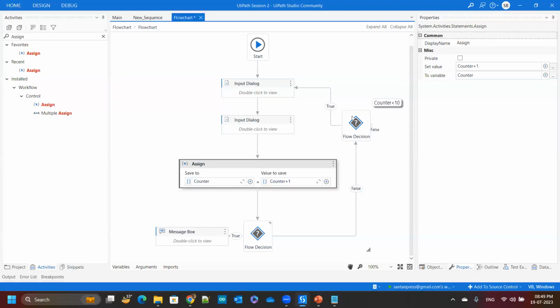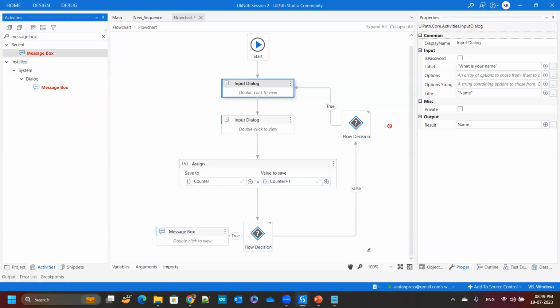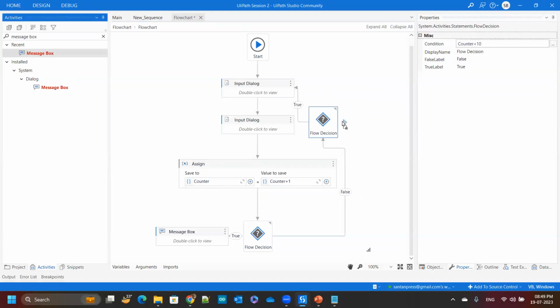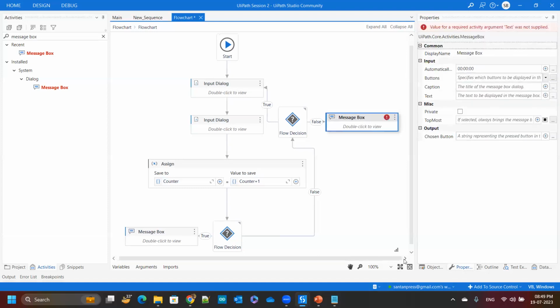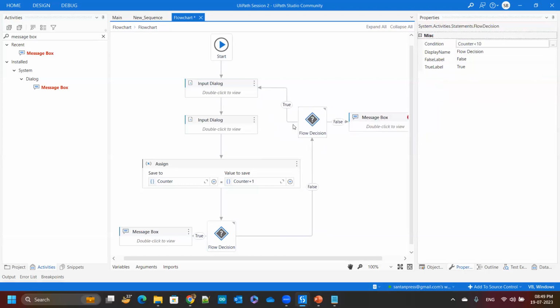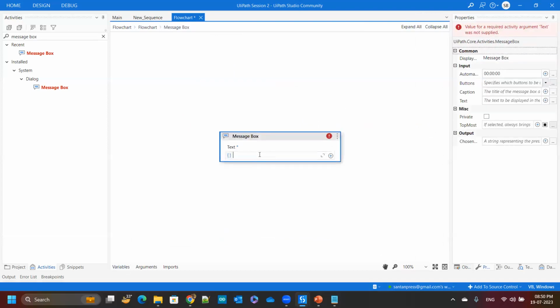It means that if the value in the counter variable is less than 10, only then will it go here. Otherwise it will go to the false statement. In the false statement we can do any kind of operation. So for now I will add a message box here, and we have to move it a little bit here, then message box. In the message box we can say